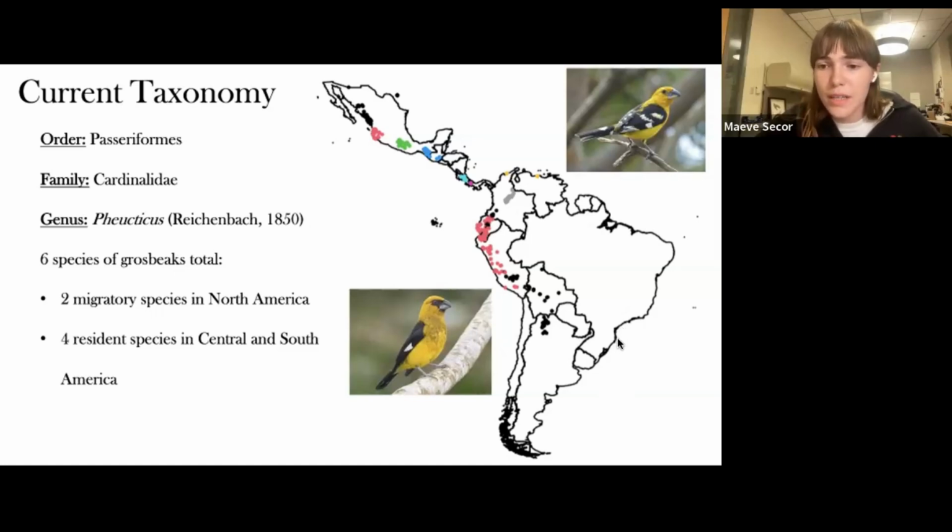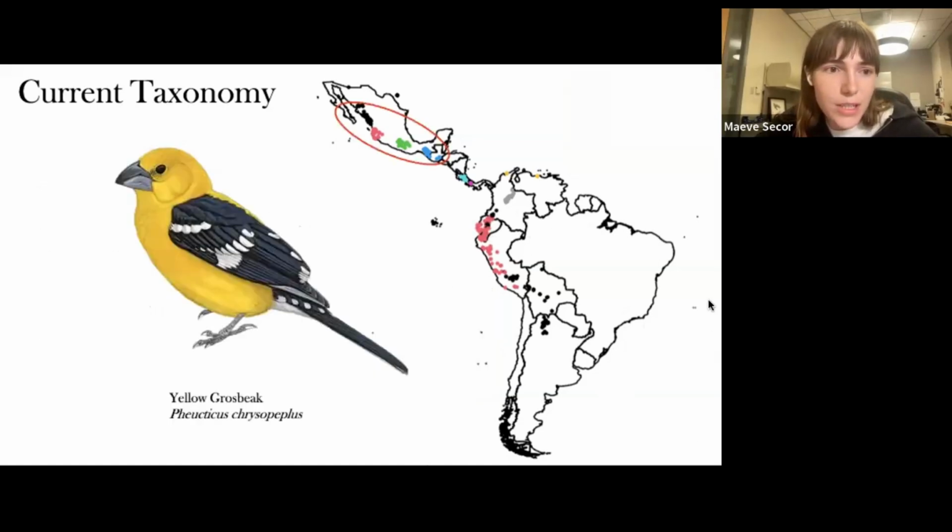They do demonstrate some interesting phenotypic diversity in their plumage coloration. But most importantly, they exhibit disjunct and allopatric populations across regions with extensive biogeographic variation and at very variable elevations. So let me start by just introducing you to the kind of cast of characters before we dive into their